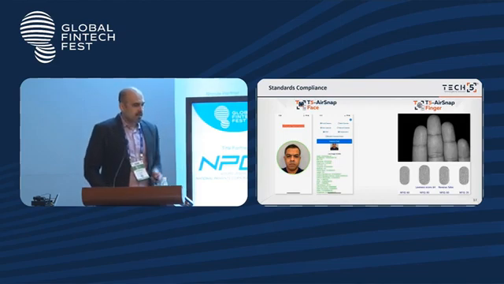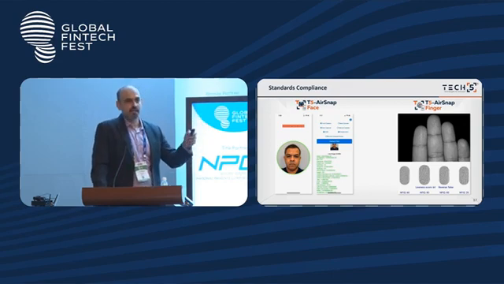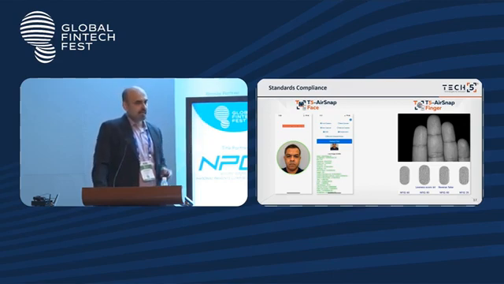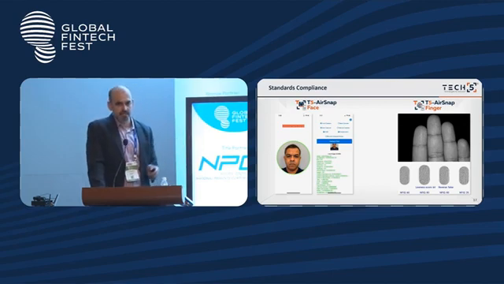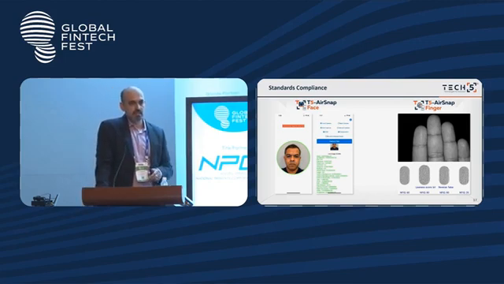So having said that, this is how a typical standard compliance would look like. I showed you the screens where there was non-compliance. But assuming that everything goes fine on a mobile phone, all the parameters are green, background is uniform, eyes are open, lighting is good. And these parameters can be tweaked, right, depending on the use case.